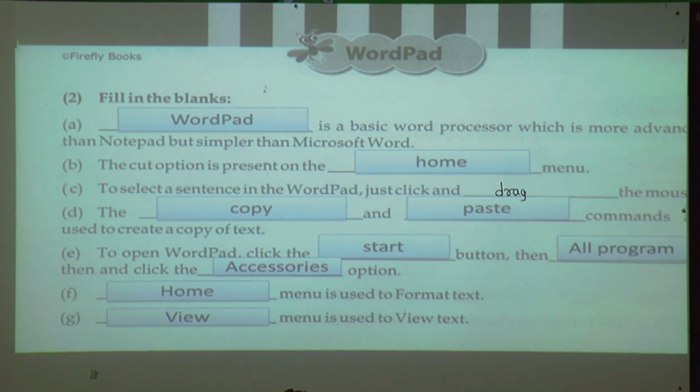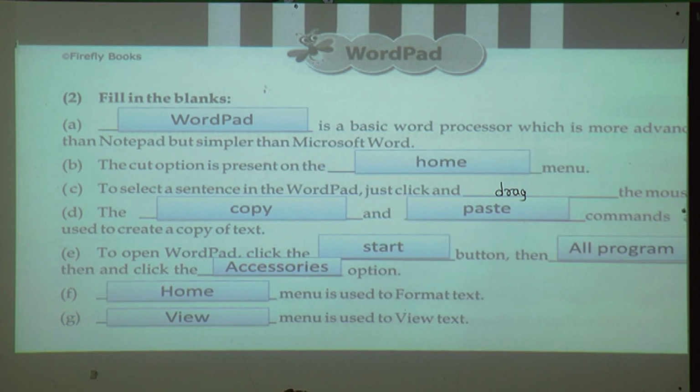Now read with me. WordPad is the basic word processor which is more advanced than the Notepad but simpler than Microsoft Word. Everyone read with me. Second one, the cut option is present on home menu.